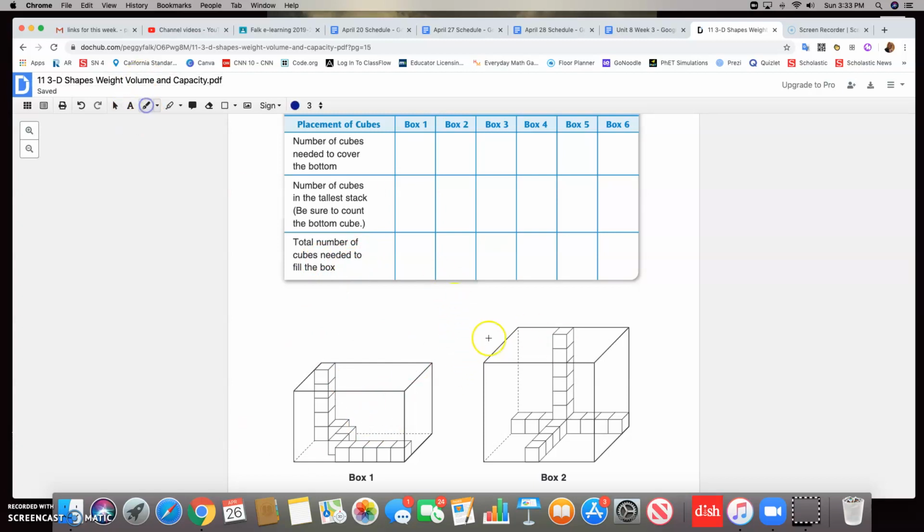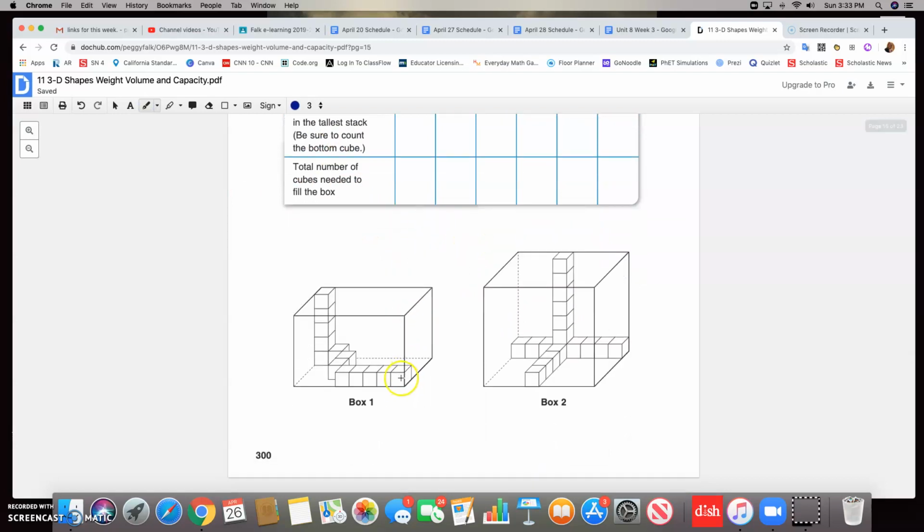Okay, so let's do number of cubes needed to cover the bottom. Well, I have 1, 2, 3, 4, 5. I need 6, 7, 8. I need 3 more here to cover this side. All right, so let's keep that in mind. So I need 8